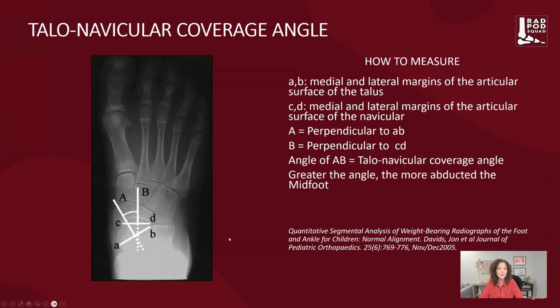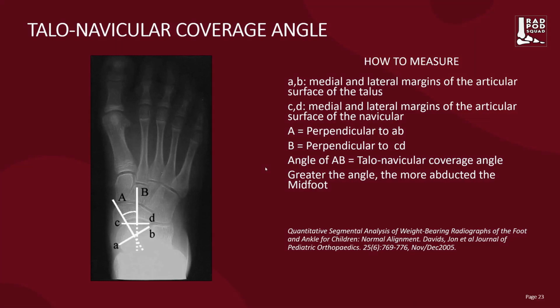Looking at the talonavicular coverage angle can really help us when we're determining pes planus. It's a highly correlated angle. What we'll be looking at is trying to understand where the navicular articular endpoints are at C and D and where the talar articular endpoints are at A and B. We're then going to take a midpoint of these lines and understand the angle between them is your talonavicular